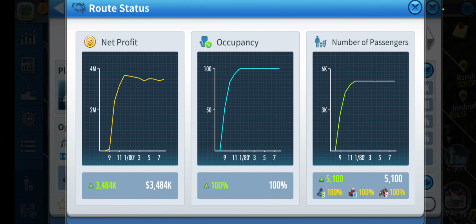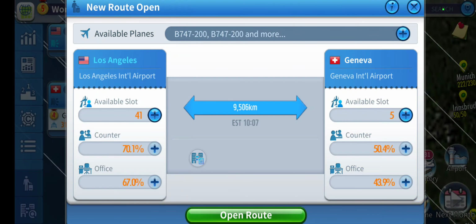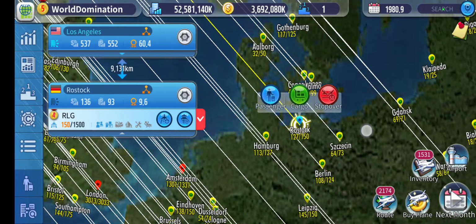This route doesn't even lose occupancy during downticks. How awesome is that? And I just realized Geneva does not have a route, so we can totally open that at some point. And I'm probably going to go back through Europe here and just